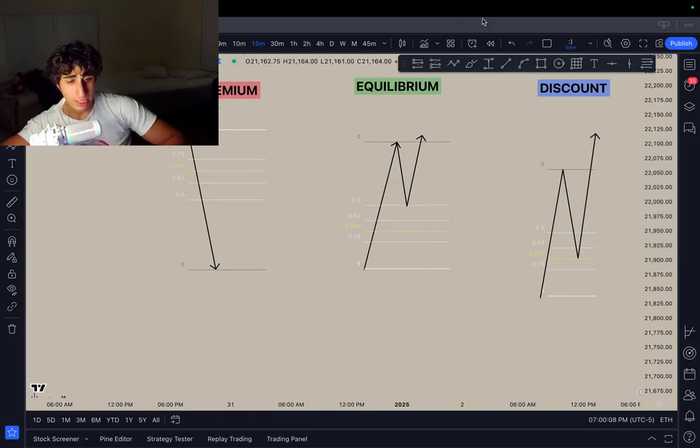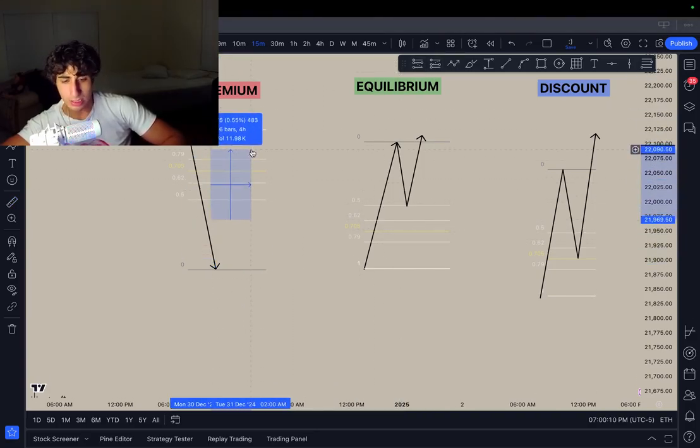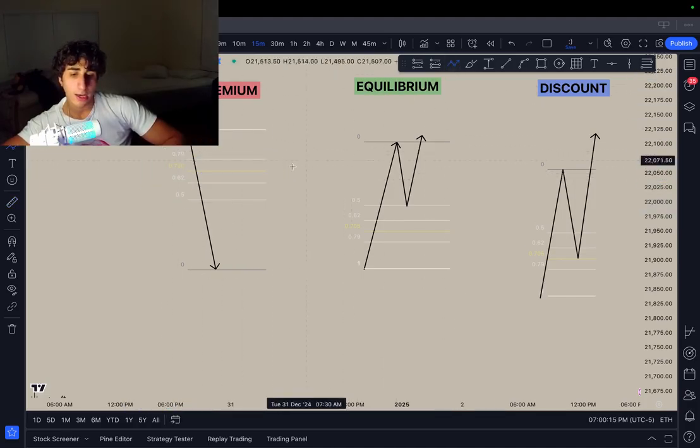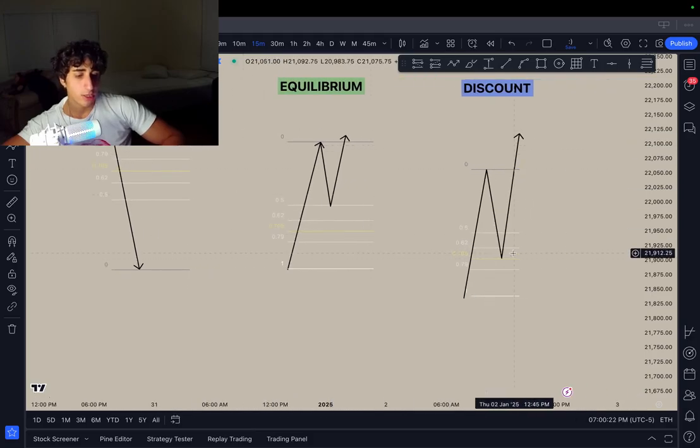So if we start displacing through equilibrium, through OTE, through golden pocket, and through 0.79 of the range, then I'll kind of use this as a confirmation, like, all right, maybe we're not so bearish and we should go higher. And for example here, if we start trading through all of this with a lot of speed, displacement, fair value gaps,